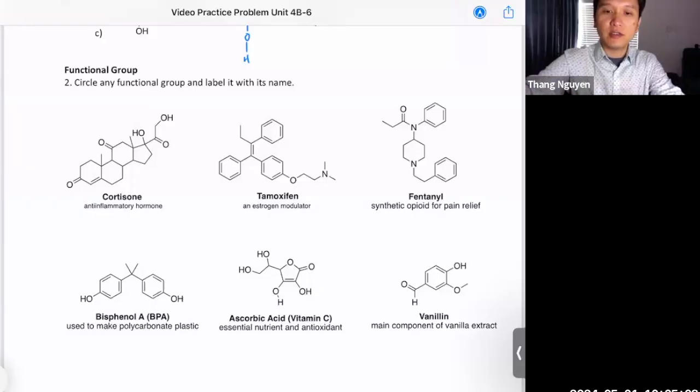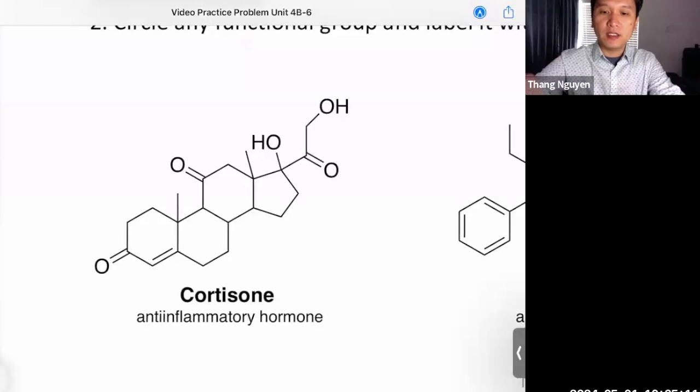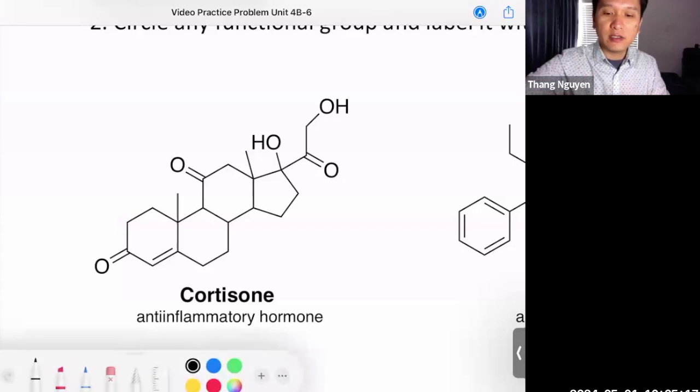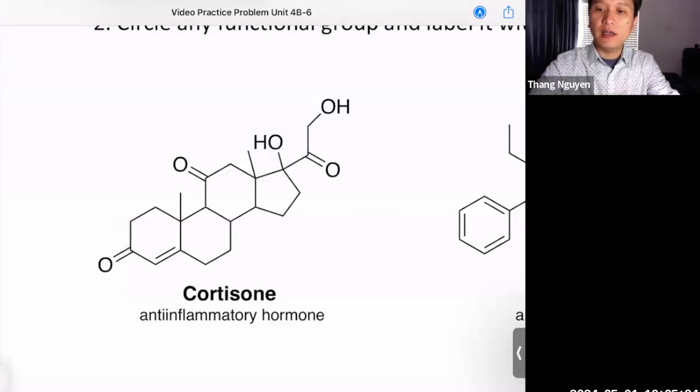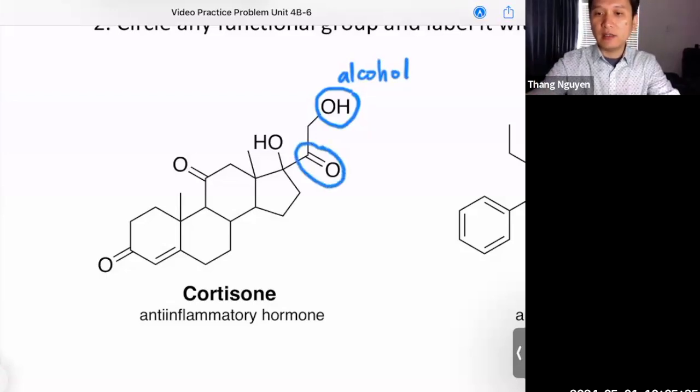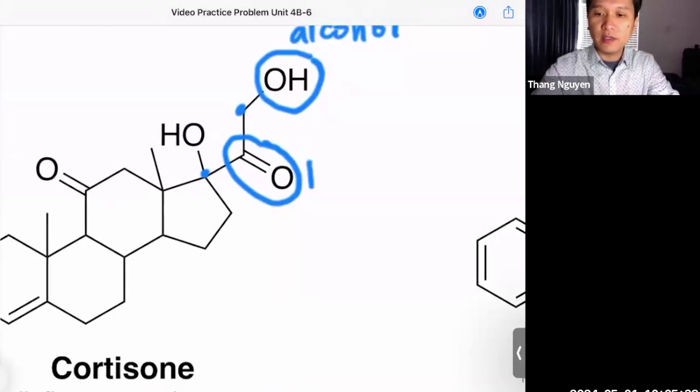Okay, so let's look at the first one here, cortisone. I'm going to zoom in. Again, review my lecture to know what the functional groups are and how to recognize them. We're going to try to do that here quickly. Starting from the top up here, an OH group by itself like that, we call that an alcohol. And then this group right here is a carbonyl, but attached to the carbonyl are just carbons. So what do we call that? We call that a